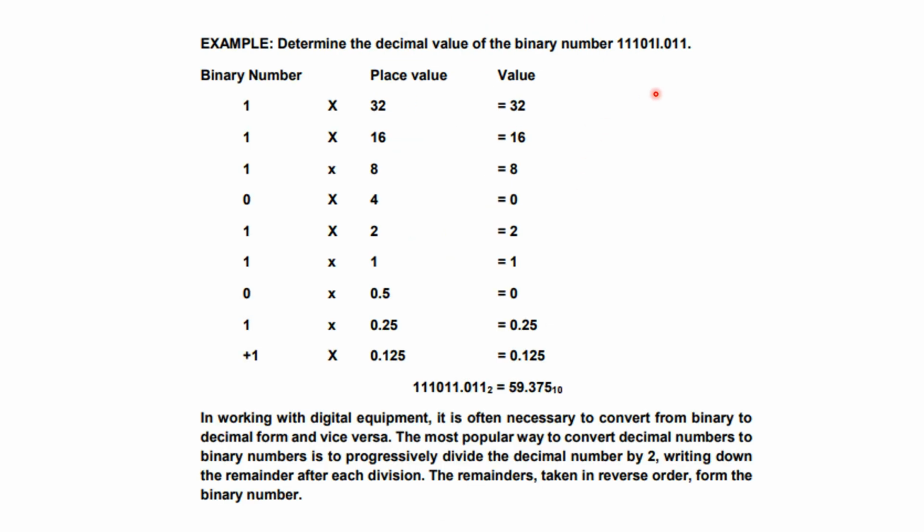Now, how about if the binary number has a decimal point? So, if the binary number has a decimal point, then you will just be applying fractions. Like, how many decimal places? For example, in this example, there are 3. From here, 0, that's 1, another 1, another 1. So, after the decimal point, there are 3 numbers. So if there are 3, then you apply fractions.